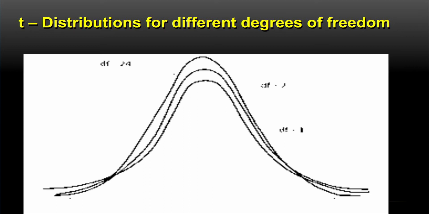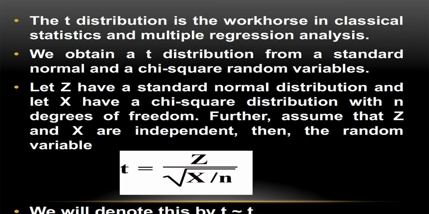You can see from the diagram, as the degrees of freedom increases, the curve goes steeper and steeper. So, as the degrees of freedom decreases, the curve is flatter and flatter. The t distribution is a workhorse in classical statistics and